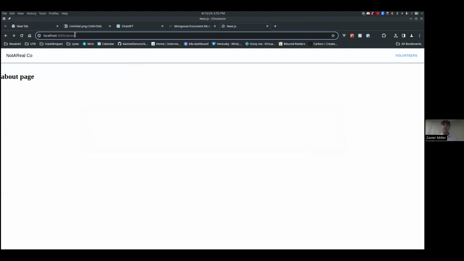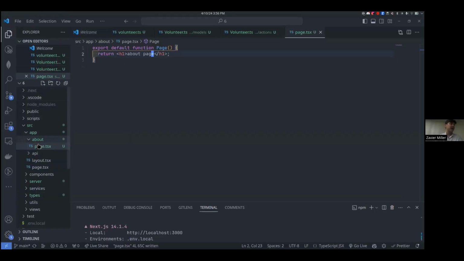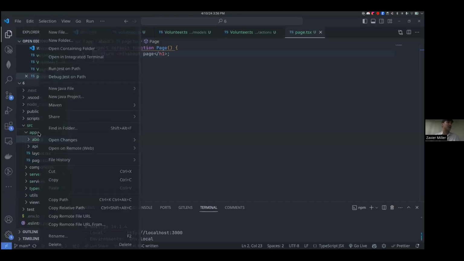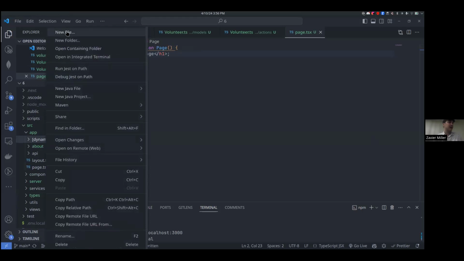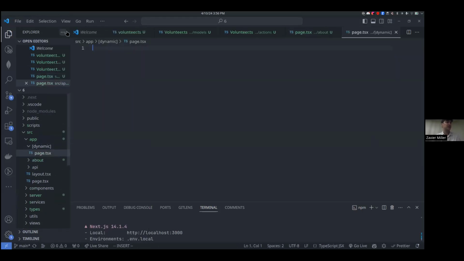Okay, so to show this off, I'm going to create another folder in the app folder, and I'll call this one open square bracket dynamic close square bracket. Okay. Surrounding the name of your folder in brackets tells Next that this is a dynamic route. Okay. So next I'm going to paste in some code here that will display whatever we put for the route onto the page. Okay. So if I go ahead and copy this and I create that new file called page.tsx, paste this in,